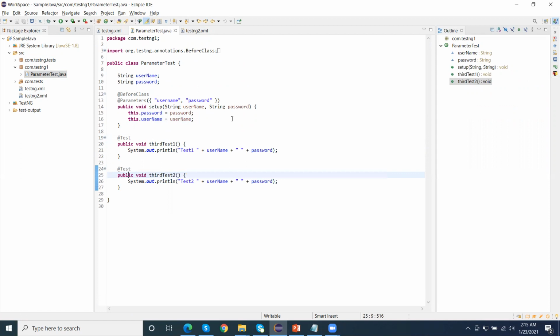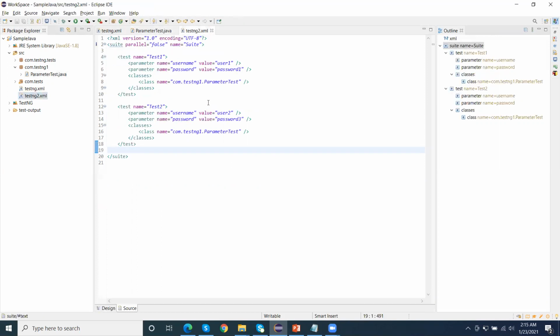If you want to run with any particular set of data, then we need to pass that data from the parameter testng XML file, right? In the last video, we discussed how we pass the parameters from the testng XML file to the test script.